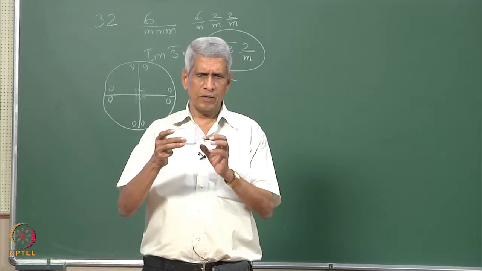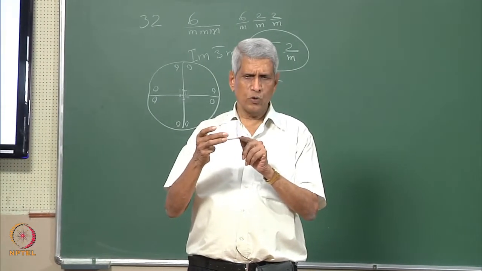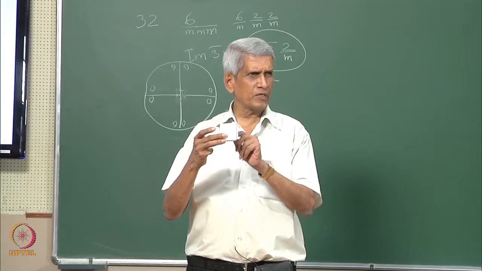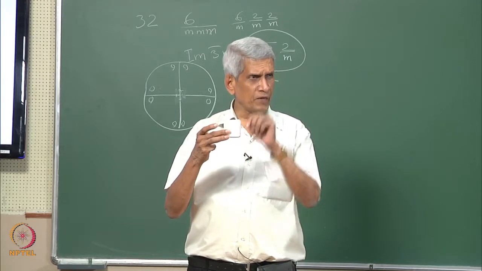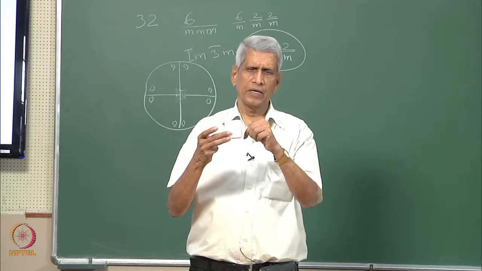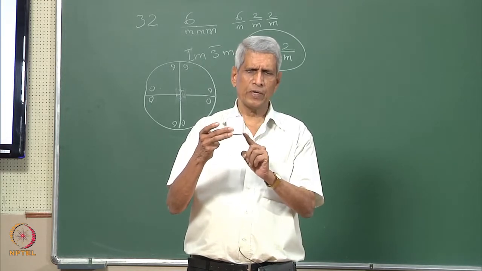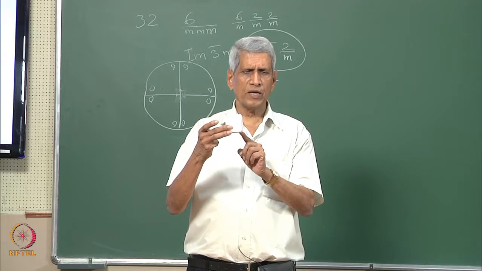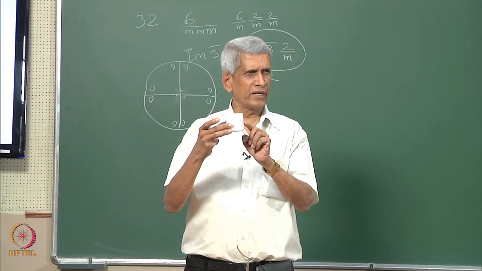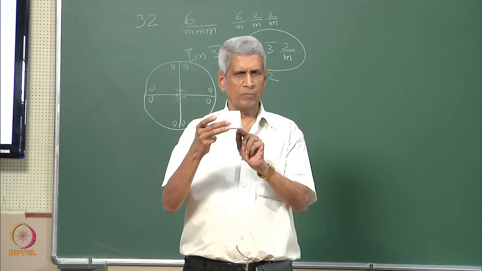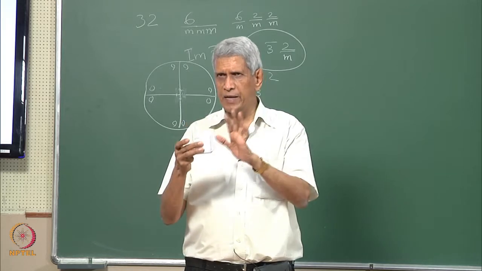If we place a motif at some particular point, to satisfy the symmetry, the motif should be kept at some points to satisfy this symmetry. There is another way in which it can happen, because the rotational symmetry is to be satisfied. Along this direction, one motif is kept there, another motif is possibly rotated and it comes here. Then after some rotation it comes back to it. From this motif to this motif, with respect to the lattice, they are in identical position.